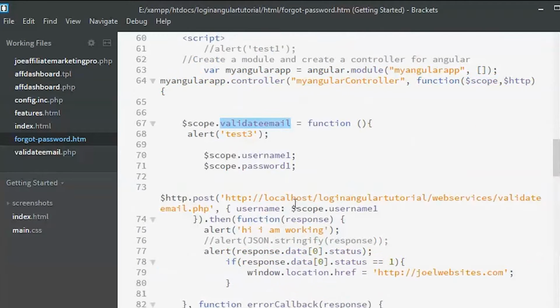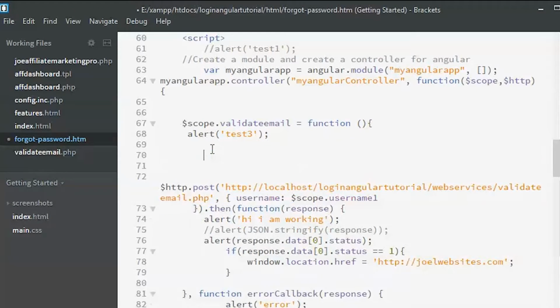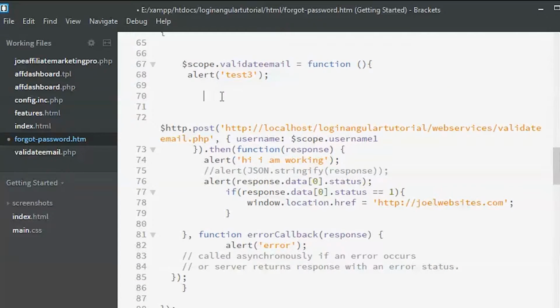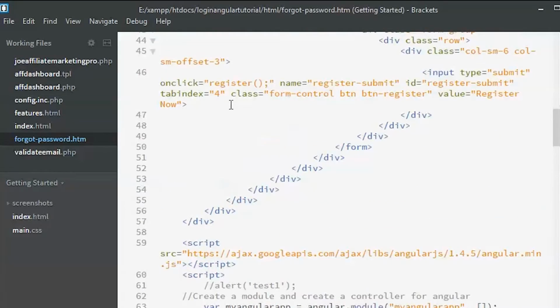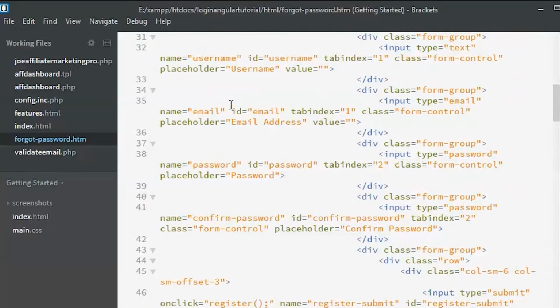So I need to make sure whether this username is set properly in the model. This is AngularJS code, by the way. This is the controller, my Angular controller. This is the app name. This is AngularJS. Okay, so don't be confused about anything. You can even use jQuery post. It is almost similar. So nothing to be confused. You can use anything that you are comfortable with.